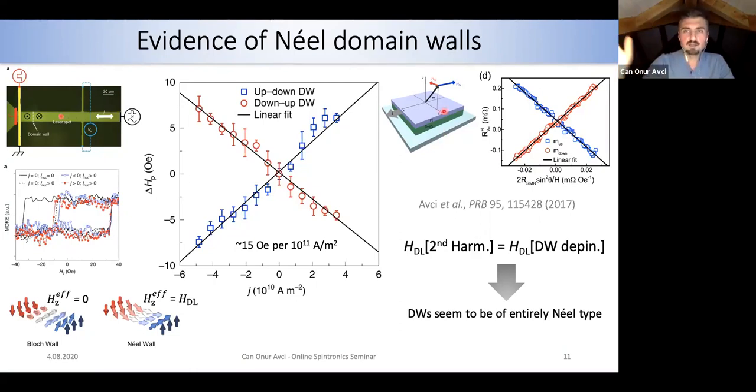Anyway, the idea is that here I do this quantification, and what I find is that the damping-like torque I find from the harmonic quantification is exactly the same as the damping-like torque I find from this one, which means that actually the effect of the damping-like torque on the domain wall is maximum, and it must be that the domain wall is fully Néel type, and not something in between Bloch and